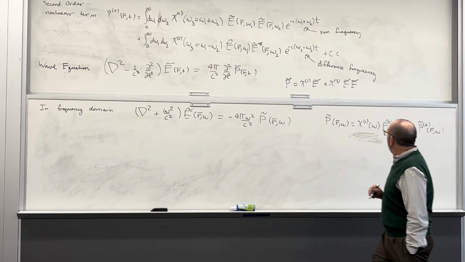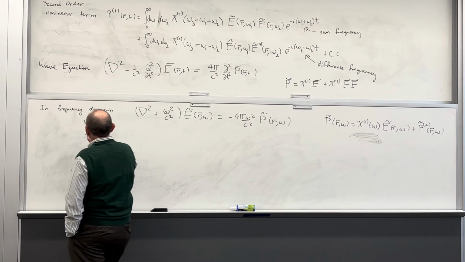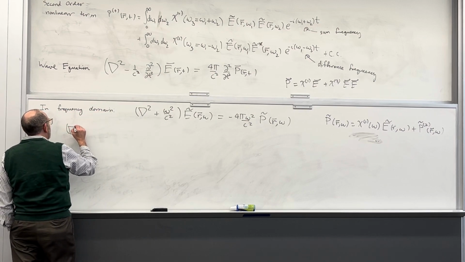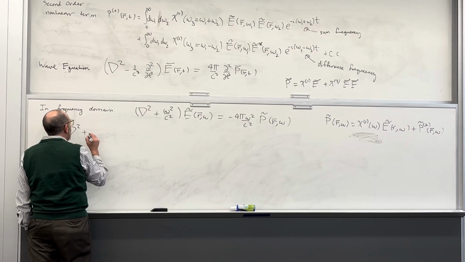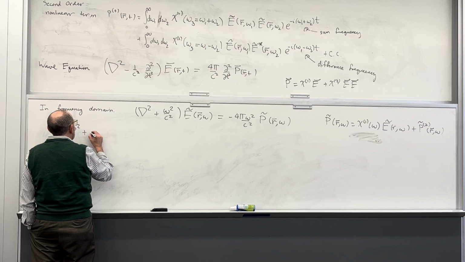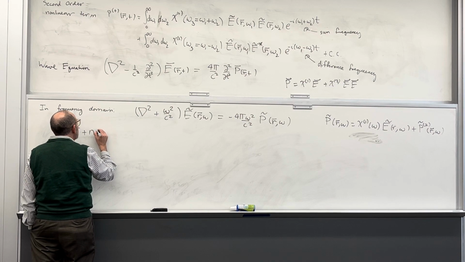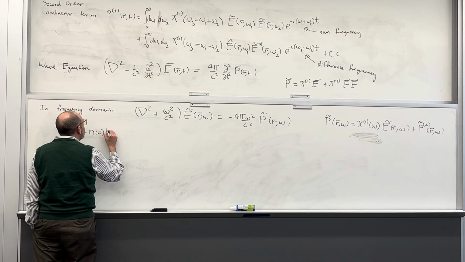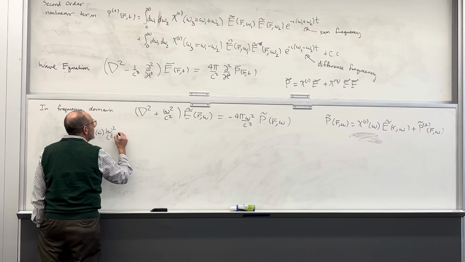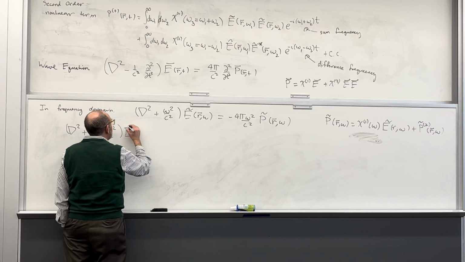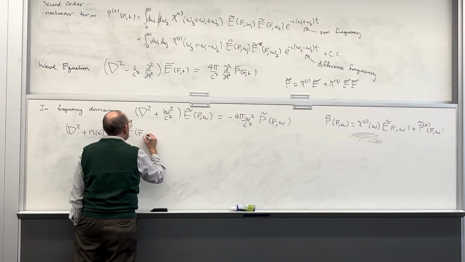I put that in, what I get is the second derivative in z plus the index of refraction at that frequency, omega squared over c squared, times E tilde of omega